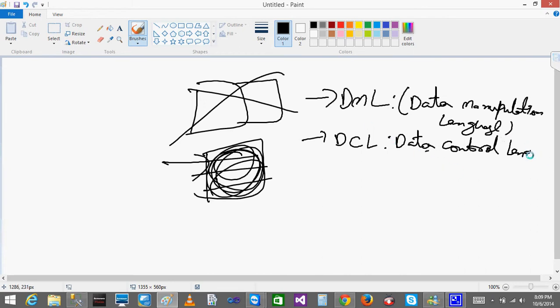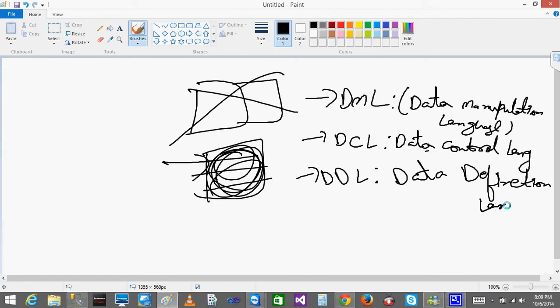Next, DDL, data definition language. And one more, TCL, transaction control language.